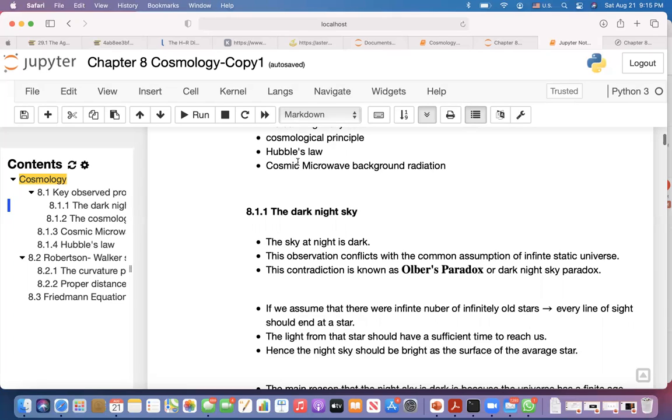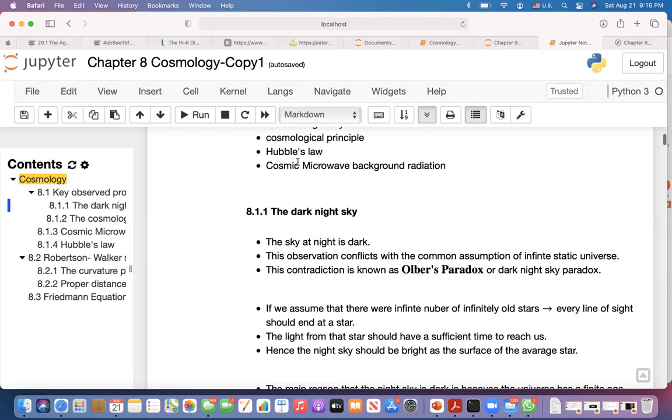Remember that I told you this story that he initially had his equation and then put in an extra term to make the universe static at that time, right? So this is what people thought at that time, a static universe. Now this contradiction: we see that the night sky is dark, and at the same time our observation conflicts with our common assumption about the static universe, and this contradiction between these two ideas is known